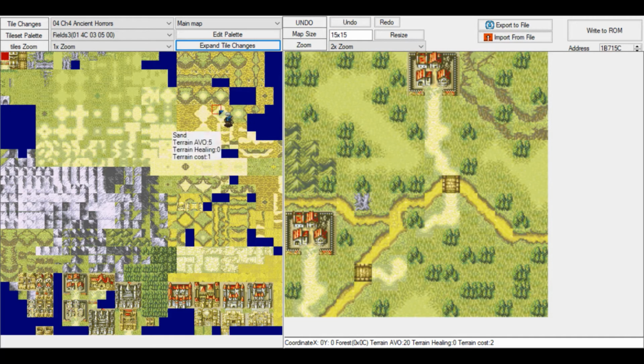The thing with the map designer is that you see all these little tiles over here. There's a lot. There are parts of a mountain, parts of sea, fields and sand, and there are castles down here. What you need to know about designing a map in Fire Emblem Builder is that there are various tile sets you can choose from. This is the fields tile set, as you can see over here, and every single tile set might also have a different palette. So for an example, field has like 3 different palettes.